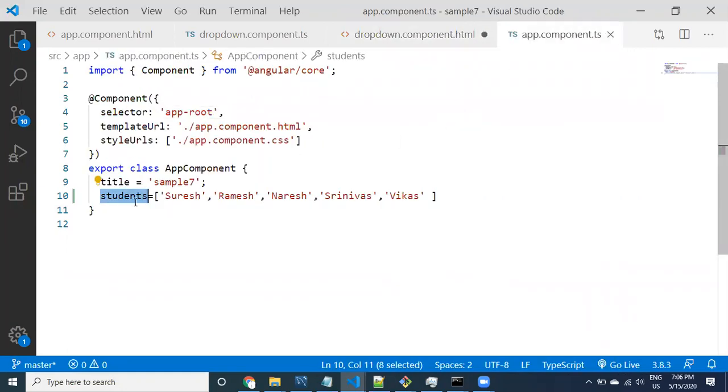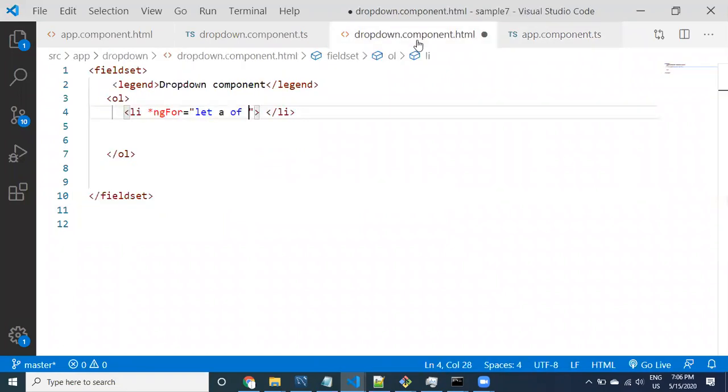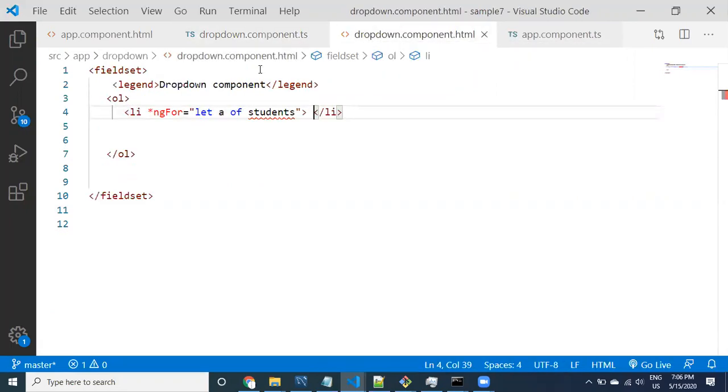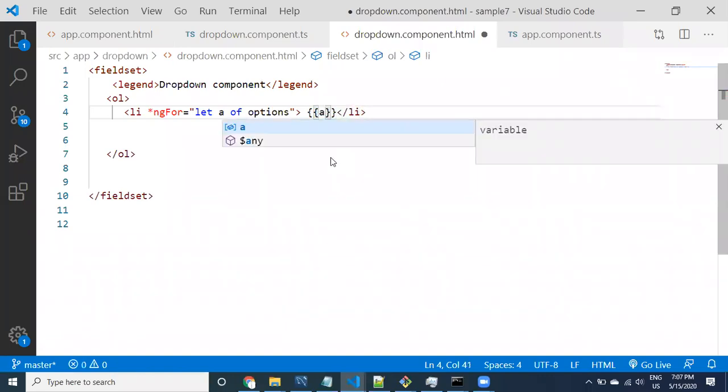Same thing. You can go to the drop down component options. Here provide string interpolation, a.